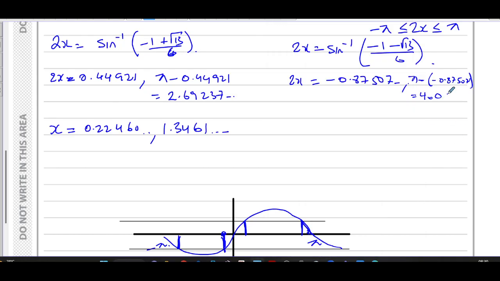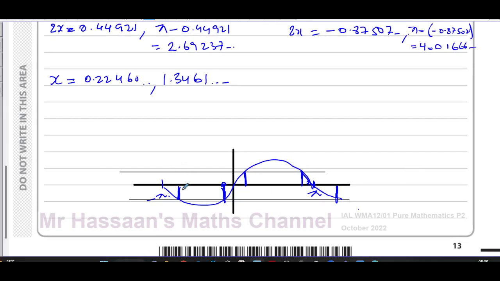4.01666. 4.1010666 continues on. Now that is basically over here somewhere, which is outside of our range. My pi is 3.142, and this is minus 3.142. This is 4 point something, outside of my range. However, I know that this angle over here is separated from that angle by 2 pi, because the sine curve